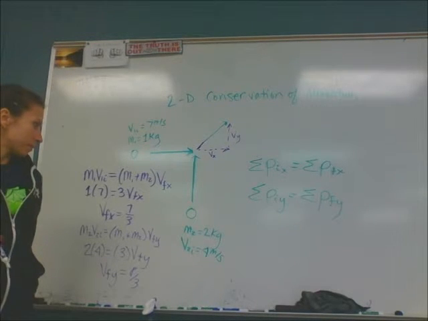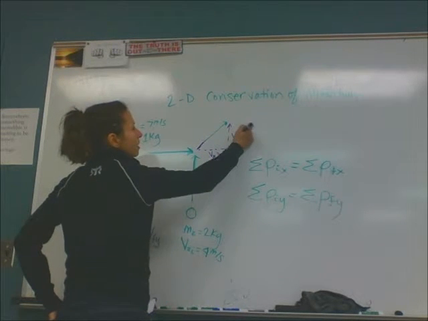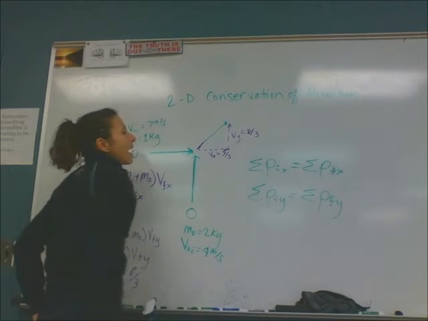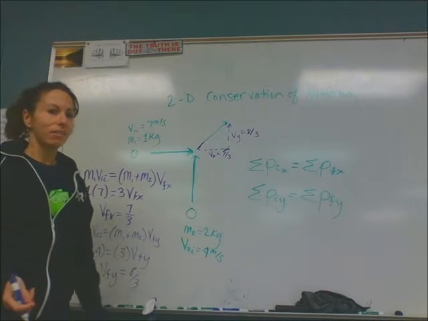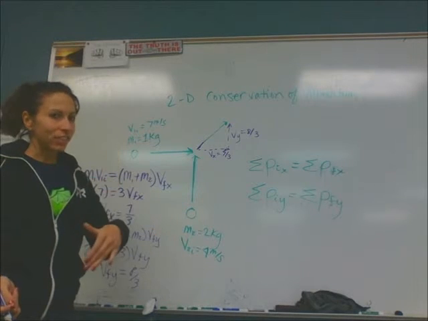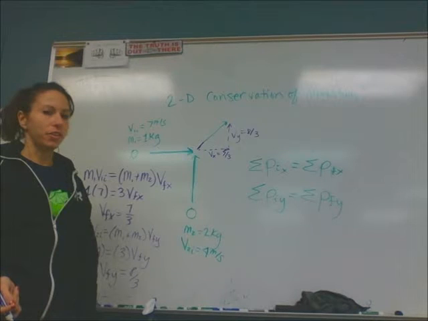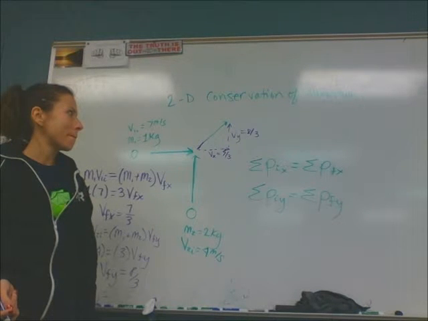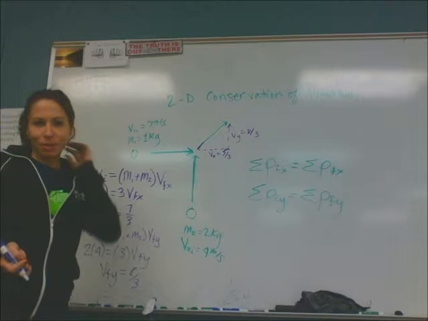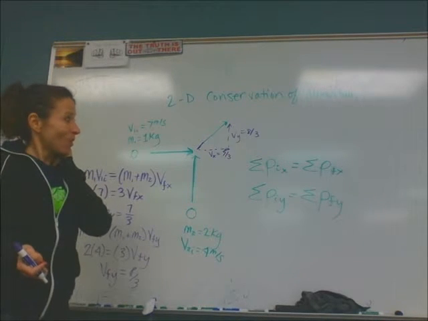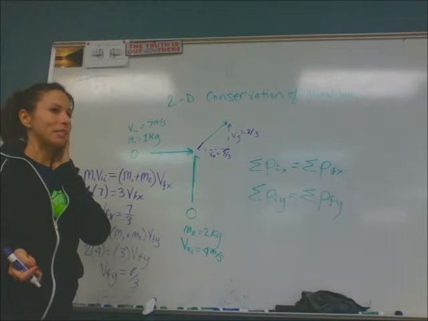And so you can probably figure out the hypotenuse and the angle, or the magnitude and direction of the velocity vector after the collision. Okay, and you can do that on your own. This is the most simple type of conservation of momentum in two directions, because each one of these didn't really have initial components per se in the x and the y direction.